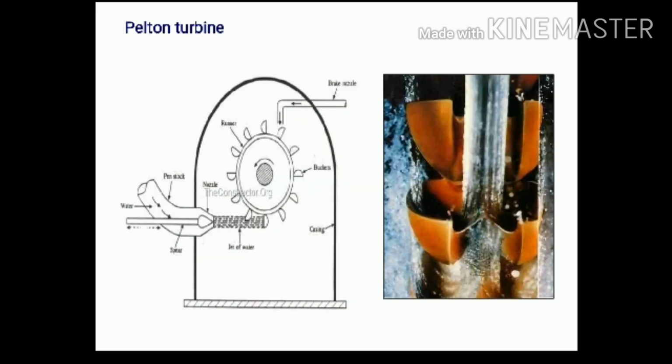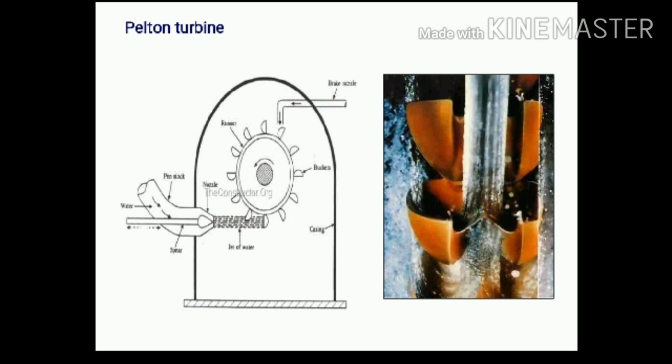Now the next important part of the Pelton turbine is the casing. Casing is simply used to avoid any accident, and another use is to avoid the splashing of the water. It is again a safeguard for persons against accidents. This is simply the working of the casing.